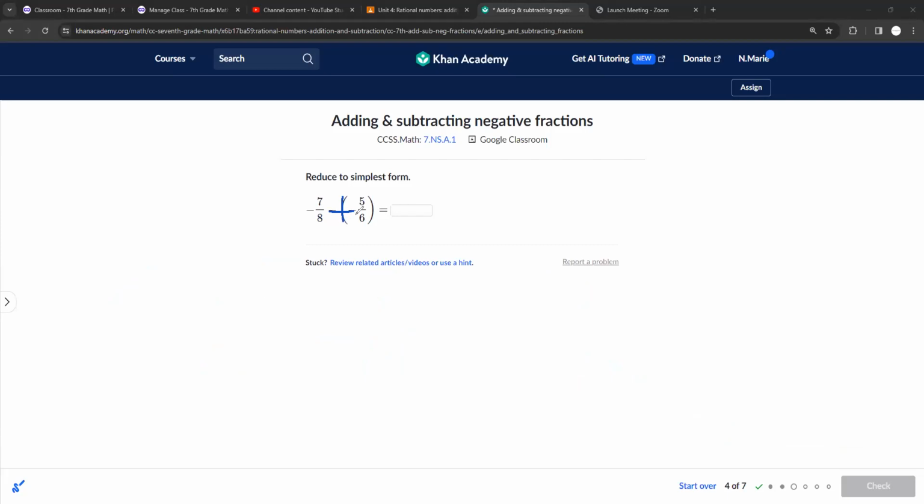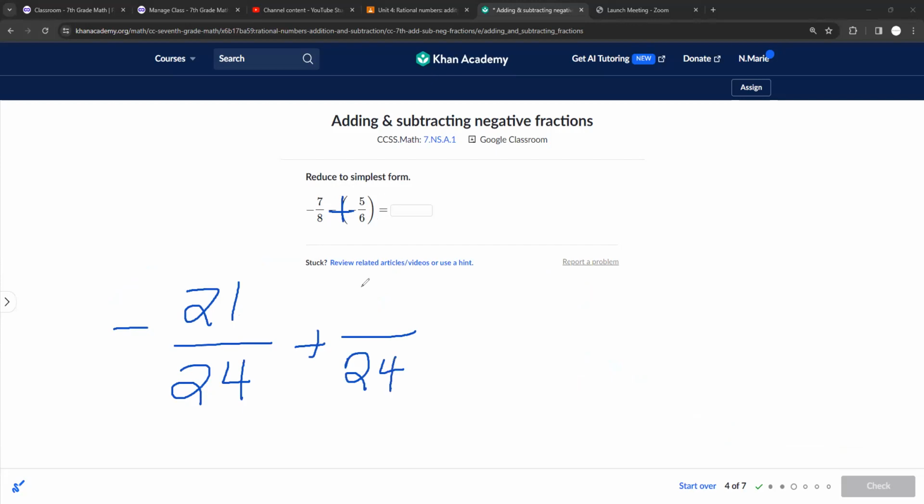Rules of integers. Okay, what's the common denominator here? 24. So we're going to multiply the first fraction top and bottom by 3. 7 times 3, 8 times 3. We're going to multiply this one by 4 to get to 24. Make sure you multiply the top. Oops, that's not 40. It should be